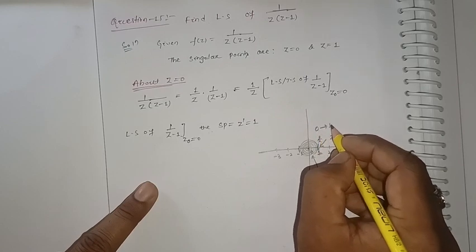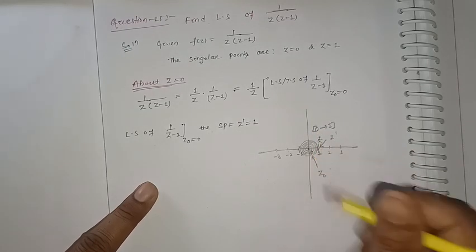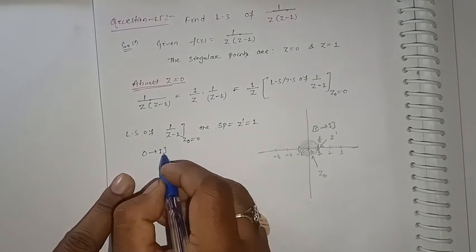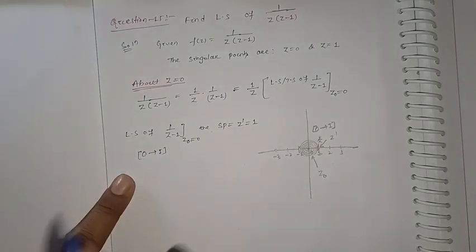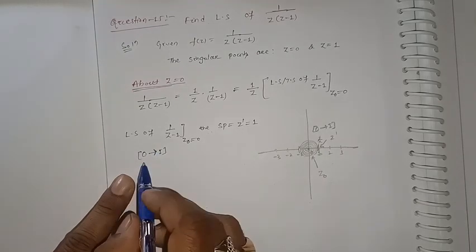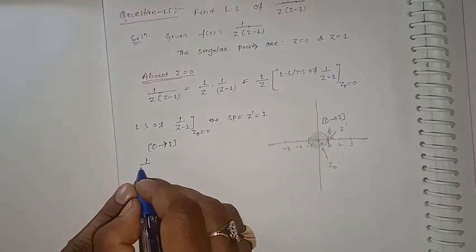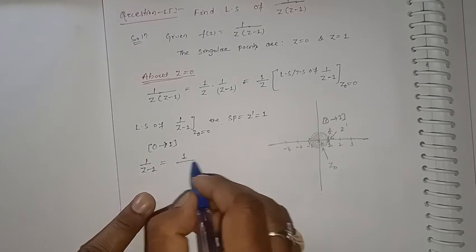Work is your out to in. Outside you are standing and coming inside, so out to in. So this is the situation for out to in. See, this out to in I have written over here for your reference. No need to write it in your exam. Directly you have to write that 1 by z minus 1 will be equal to 1 by z dash